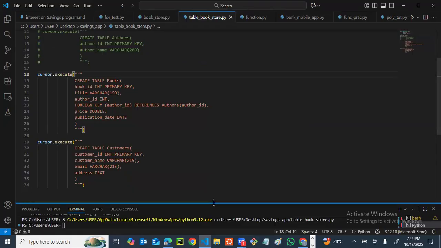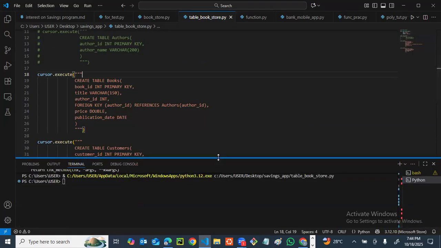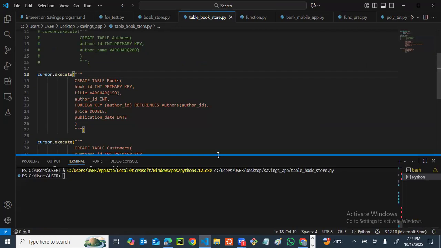Fine, that's worked, as you can see here. We didn't get any output because we didn't state that, right? But since we didn't get any error, we can confirm that the other tables were created successfully. So now this will take us to the next